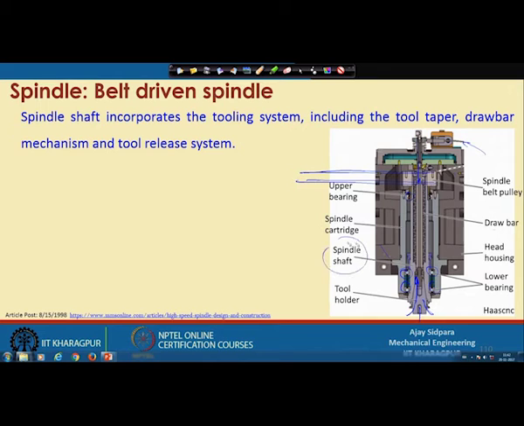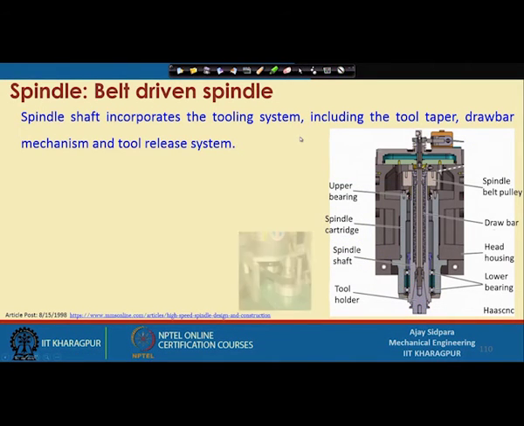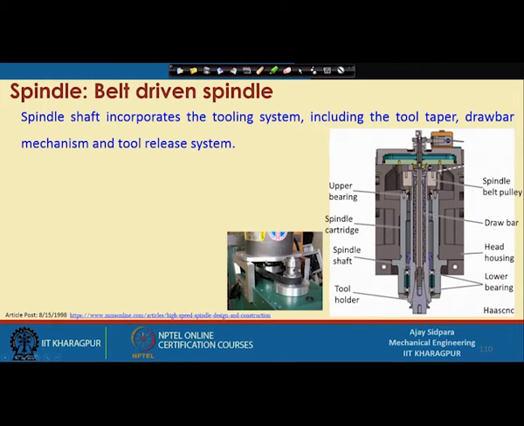The housing is there, then the spindle shaft, this whole shaft will rotate along with this because of this belt drive, and this is called the spindle cartridge. The whole thing is there because you have to keep everything secured from outer elements. So, these are the different components of the belt drive spindle. Yeah, so, this is the actual photograph of that part, because your motor is located here, attached with a pulley, then this belt is there, there is a small pulley, and the spindle and bearings, everything is here beneath this particular surface.